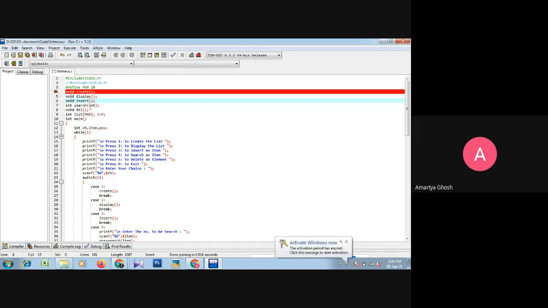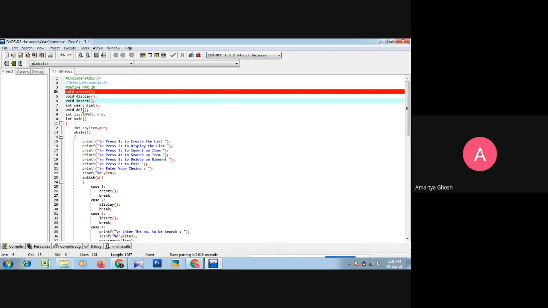and within parentheses we are sending one integer value. So there is only one argument, that is an integer. And finally, void deletion. So all these five operations will be performed over the list. Okay, so the five operations are defined through these five functions.